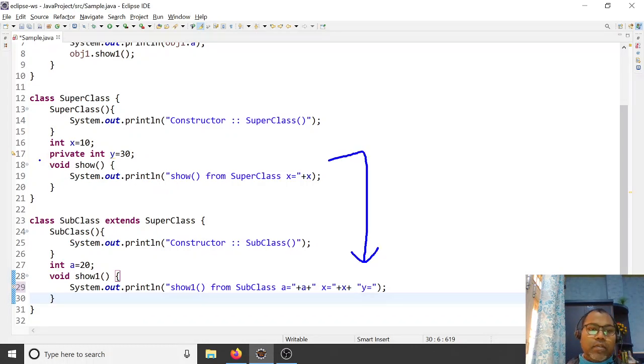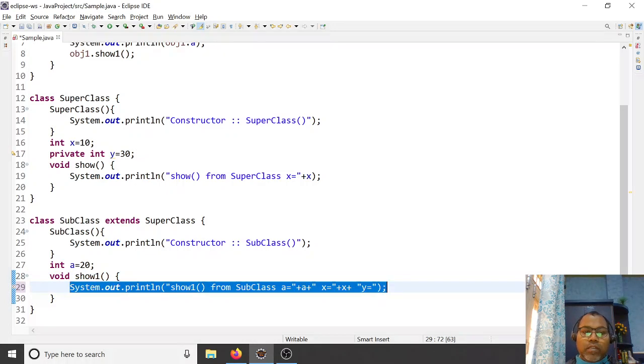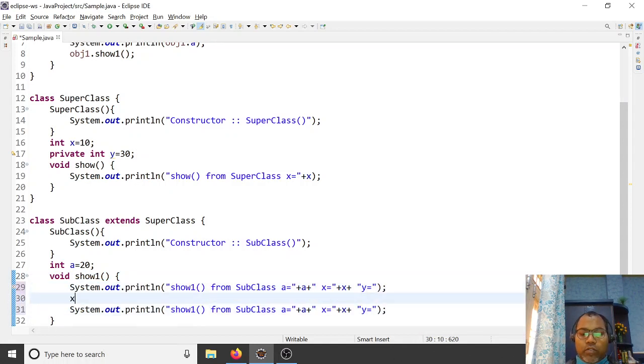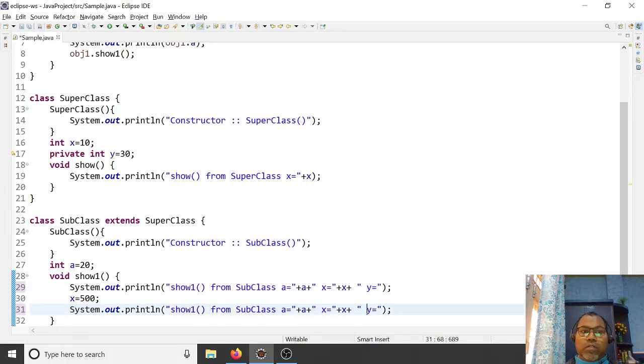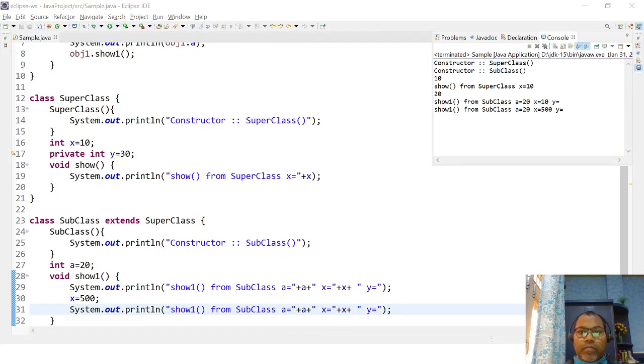In general, the recommendation is that whenever you define a field, it should be private unless you need to override or inherit it in the subclass. The reason is that with inheritance, if x equals 10 in the superclass, the subclass can change the value, for example x equals 500.